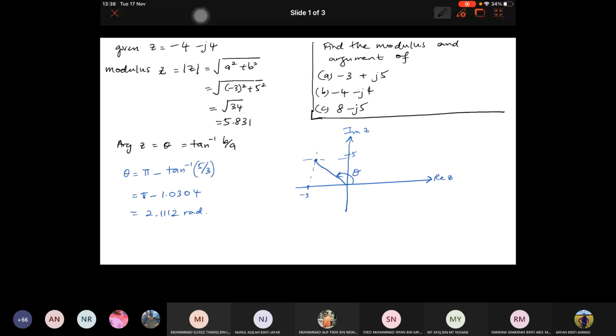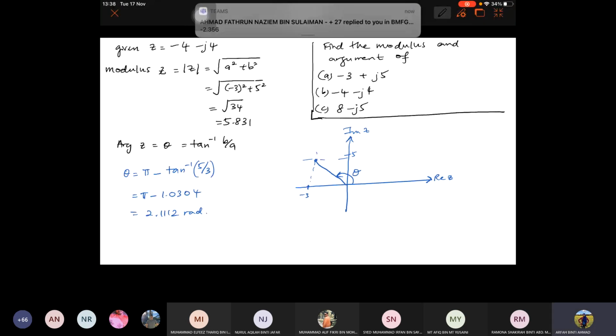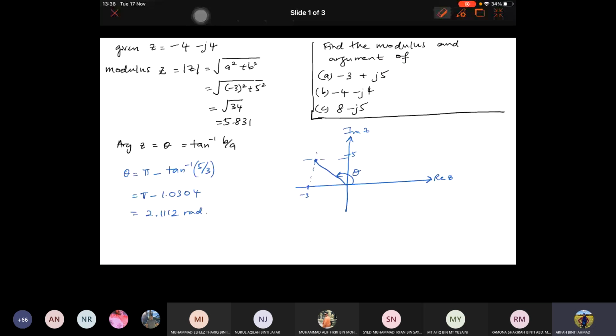Salah. Modulus betul. Root 32 sama dengan 5.6569. Okay. So, this one akan sama dengan akar negatif 4 kuasa 2 tambah dengan negatif 4 kuasa 2. So, dapat akar 32 sama dengan 5.6569. Okay. So, daripada sini, awak boleh tengok dia punya